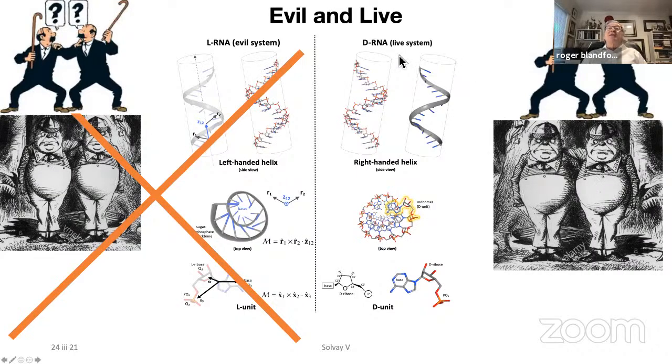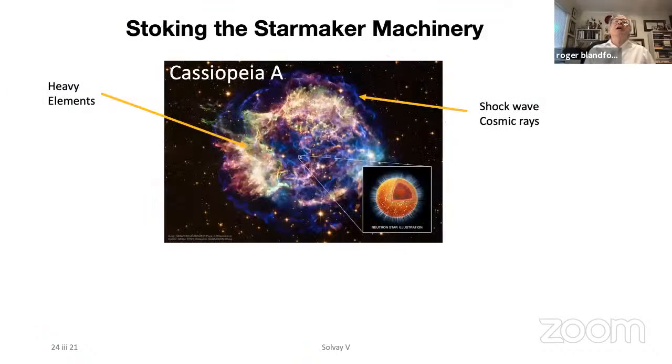And so live is the thing that so far we've seen around us, and evil is the one that could have existed and could have been formed, but we've no evidence for it being around as yet. And we may one day find it, but as yet we haven't found it. So that's the key point, if you like, for the physicists about biology. And the question is, why is this?